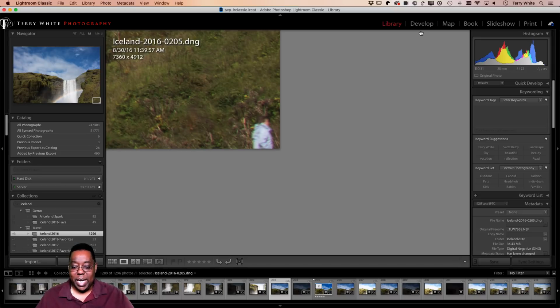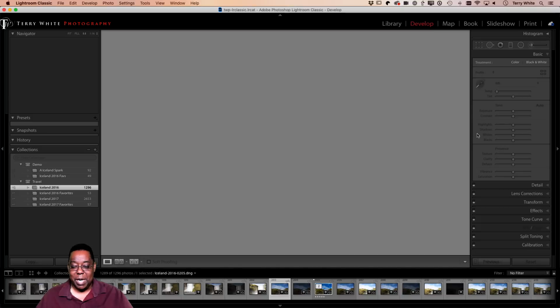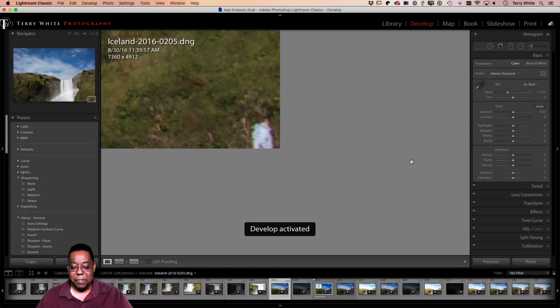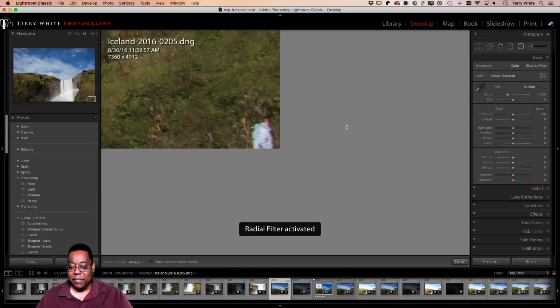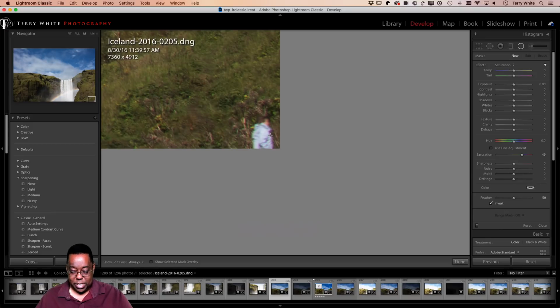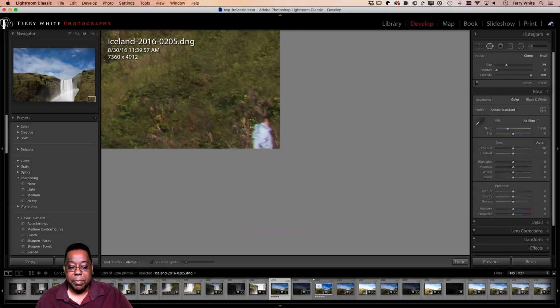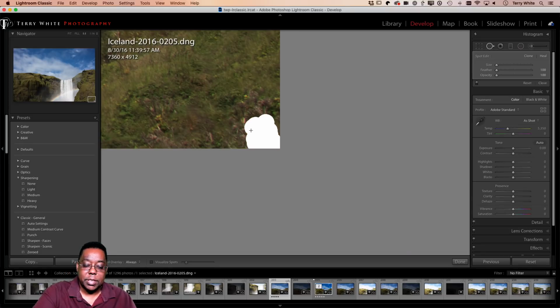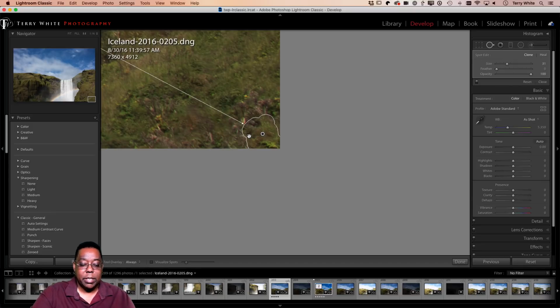So let's say I wanted to clean this up. I could go into Photoshop and do it, or I can do it right here in Lightroom. If it's something simple like this, I could use my spot removal tool. Oh, sorry, wrong tool. Spot removal tool, there we go. Make my brush a little bit bigger. And we're just going to go ahead and paint this person out of this. And notice, this brings me to another tip. Notice how Lightroom randomly went way over there to pick a spot to clone from.